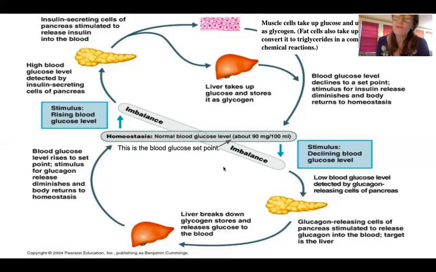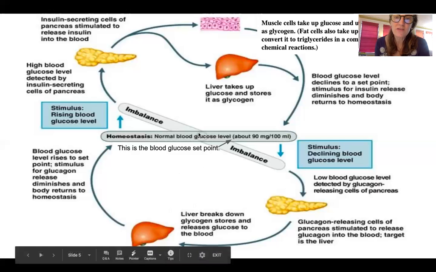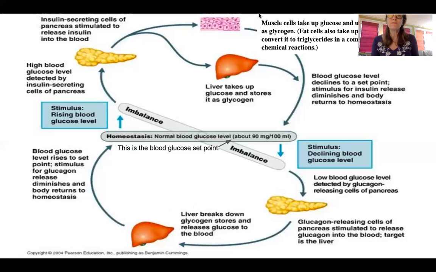And as you can imagine, since we are constantly changing our blood glucose by eating food, not eating food, and exercising, this is a constantly functioning negative feedback loop where insulin and glucagon are constantly being released to bring blood glucose levels back to normal. Okay,